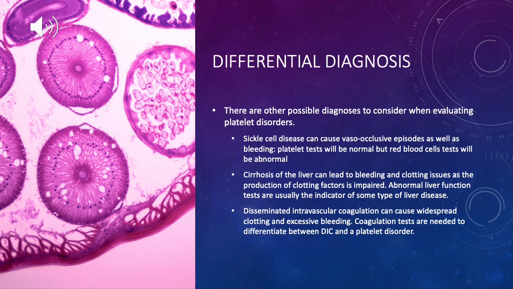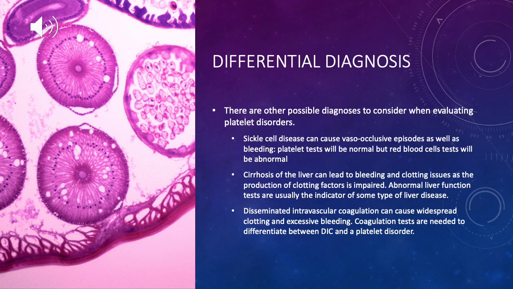Cirrhosis of the liver can lead to bleeding and clotting issues as the production of other factors that are important in blood clotting get impaired with liver impairment. And so this would be differentiated from a platelet disorder by looking at if there were signs and symptoms of liver disease, such as abnormal liver function tests or potentially jaundice in the patient, looking at the bilirubin